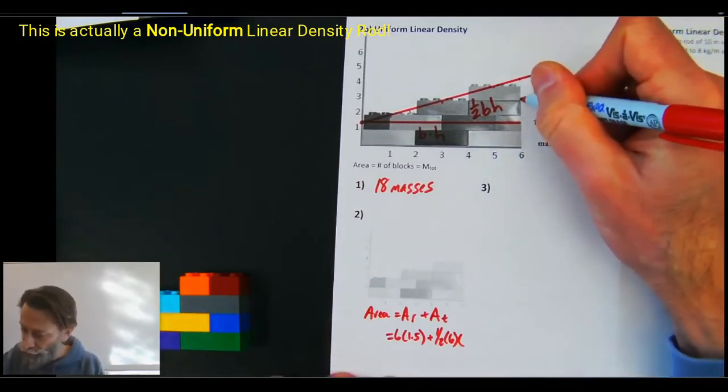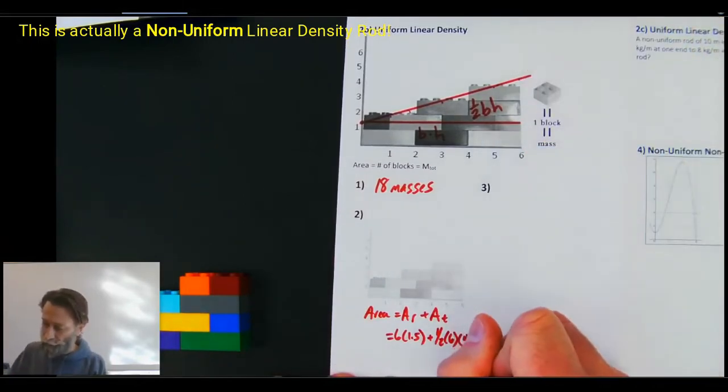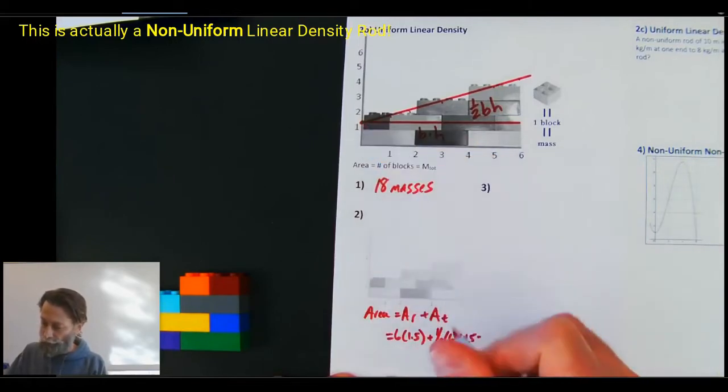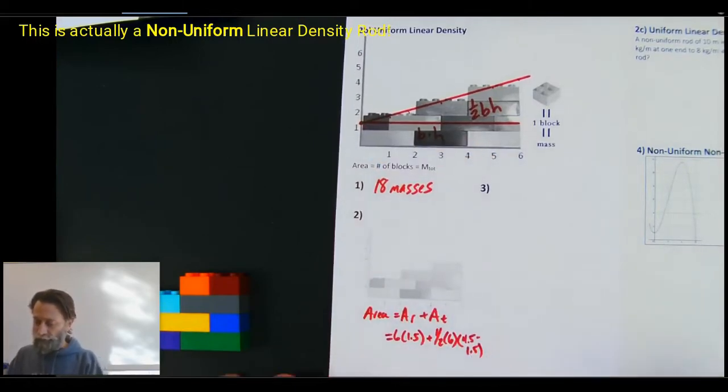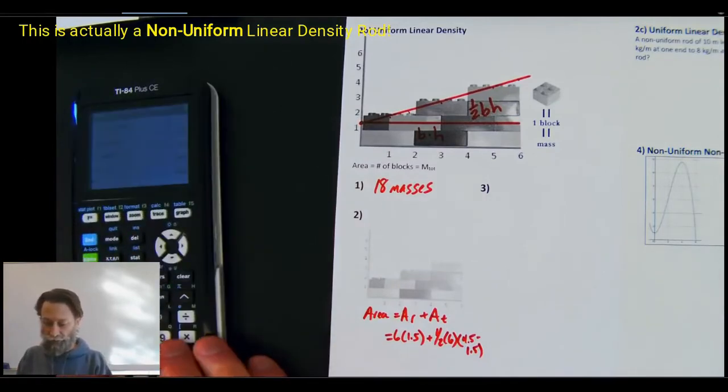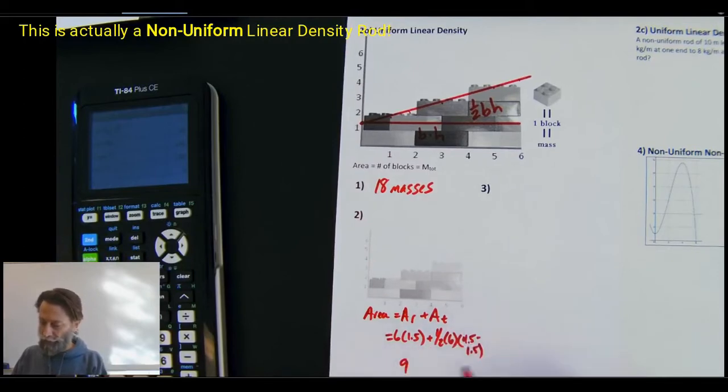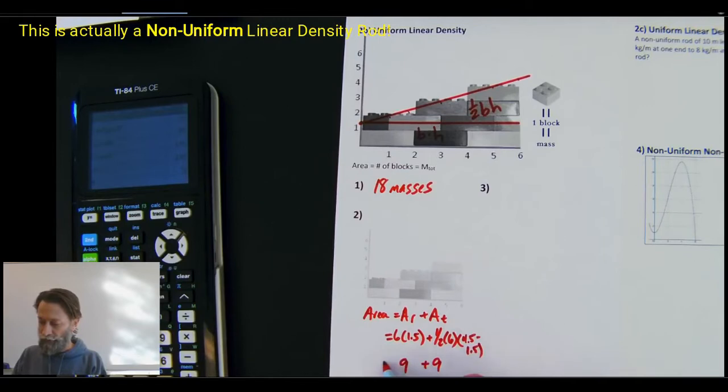So this is going to be 4.5 minus 1.5. So when I do those values, I'm going to have 6 times 1.5, which gives me 9, and half of 6 is 3 times 3 is 9, and that is also going to give me, surprise, 18 masses